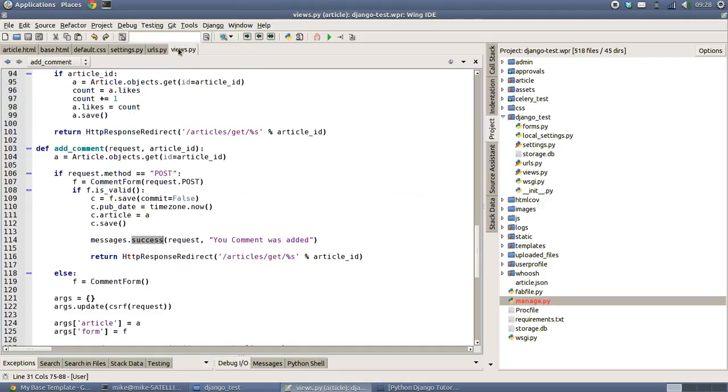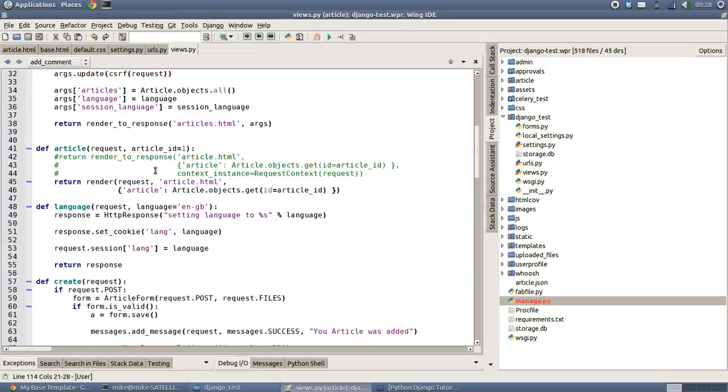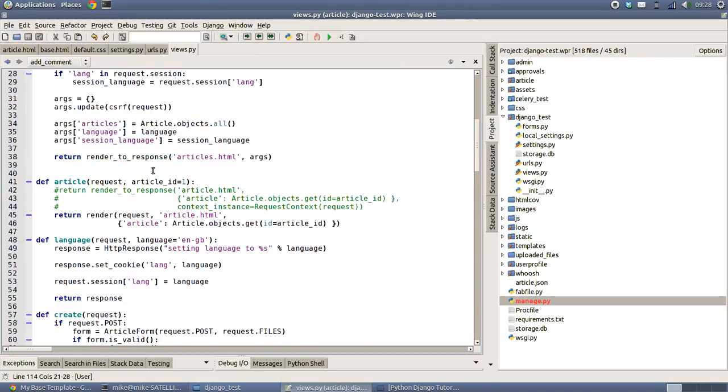One last thing that I wanted to point out is that on our article page, you see I've commented out the code that we used to use. This is because there are a number of ways of rendering the HTML. Do you remember I mentioned we had to have a request context? Now, if I just comment these two lines out and go back and do this,